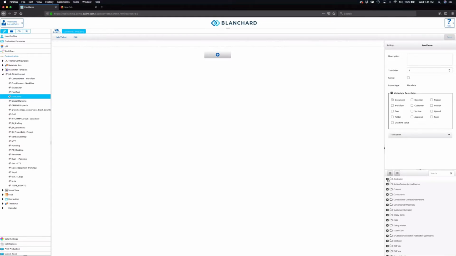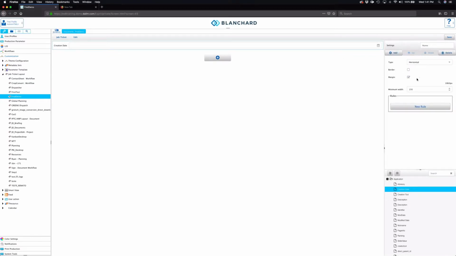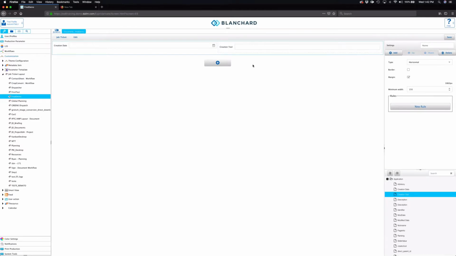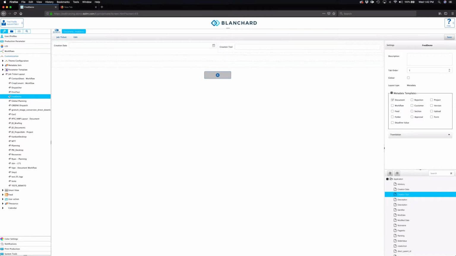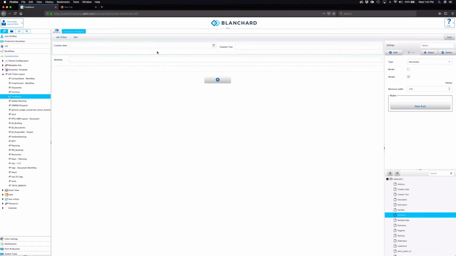I could grab whatever metadata I want in here, drag it there. There's my metadata for that. I can take this area here though, and I could say maybe it's horizontal, and I want to add one. So now I have two. So creation tool, put that there. And then we can just keep adding like that, and maybe that's a full line here. Inside of one,